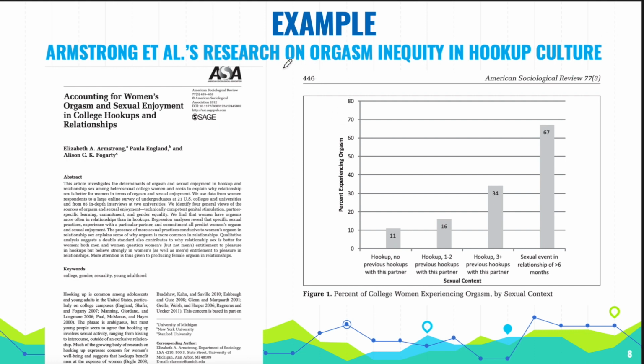Armstrong's team was really interested in understanding orgasm inequity between genders and why this was existing. If this is interesting to you, totally check this out. I gave this as an example because pleasure is something that's very clearly hard to describe and quantify, especially when we have so many taboos about discussing sex in our culture. But using statistical methods, the research team was able to understand the quantitative effects of college women experiencing orgasm, looking at and isolating different sexual contexts.